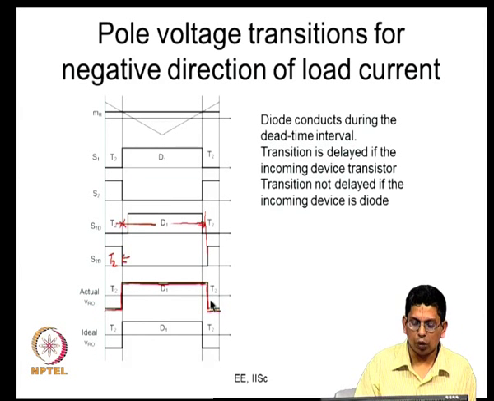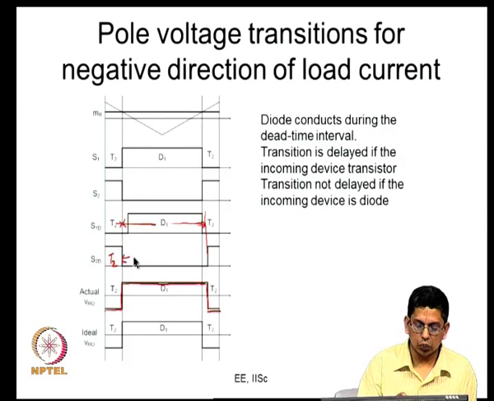So, once again what do you find? You find that during the dead time intervals both the gating signals are low. So, who will conduct? It is one of the diodes, and which diode? Because of the current direction it is the top diode. Here again you see that in the switching interval both the gating signals are low. So, neither of the transistors can conduct, it is the top diode that will conduct on account of the current direction now, right.